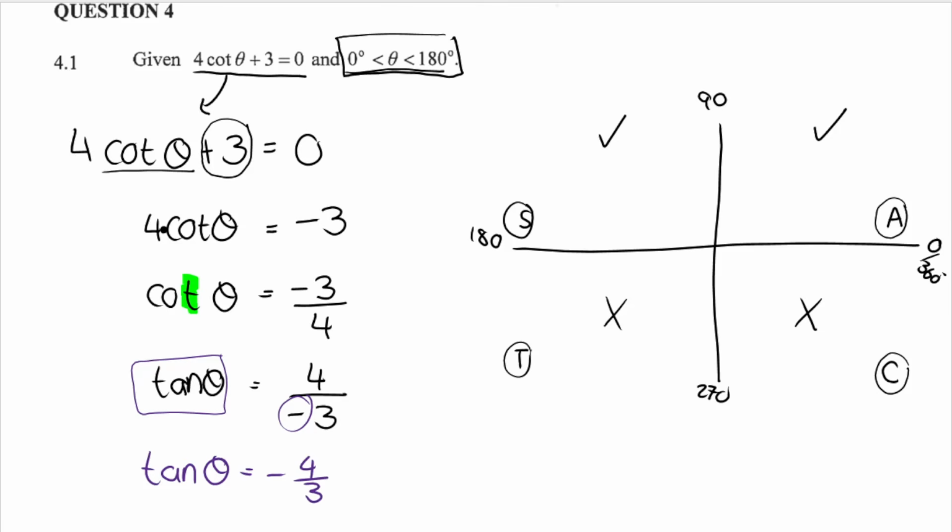Negative. One of these values here is negative. So where is tan negative? Right, over here, tan is positive. So it can't be in that quadrant. Tan is positive also here because it's the T quadrant. So it can't be that quadrant. Tan is negative in this quadrant and it's negative in this quadrant. Now, which quadrant has 2 tick marks? This one over here, which means that it is in this second quadrant that my diagram must go,